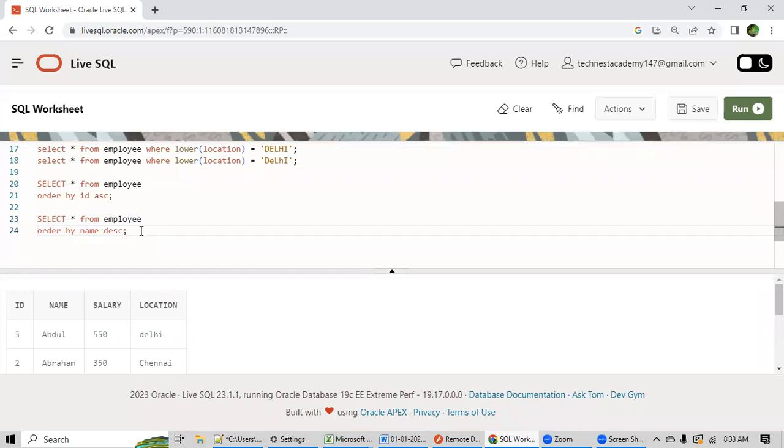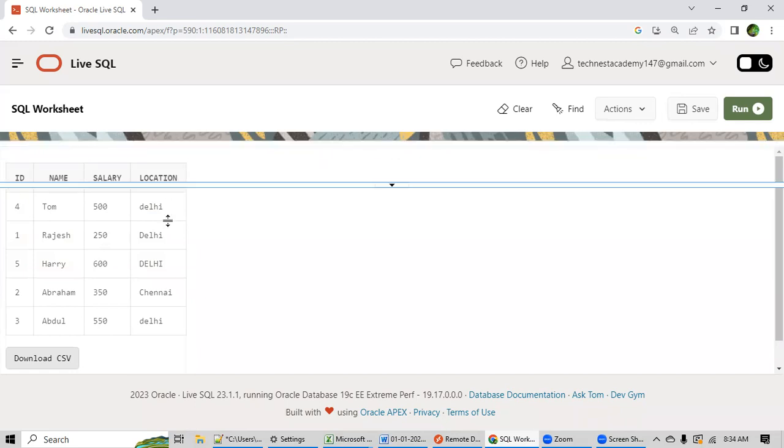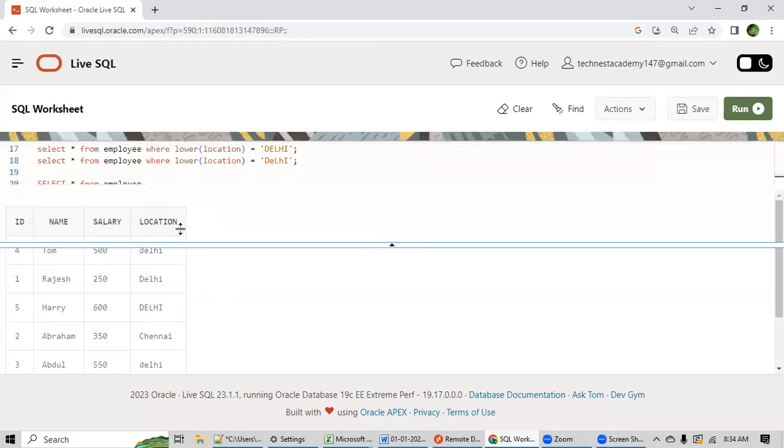Now check the output. Do you think this is sorted in descending order based on the name? Okay, fine. Similarly, you can sort by salary as well. So this is your ORDER BY. Any question?